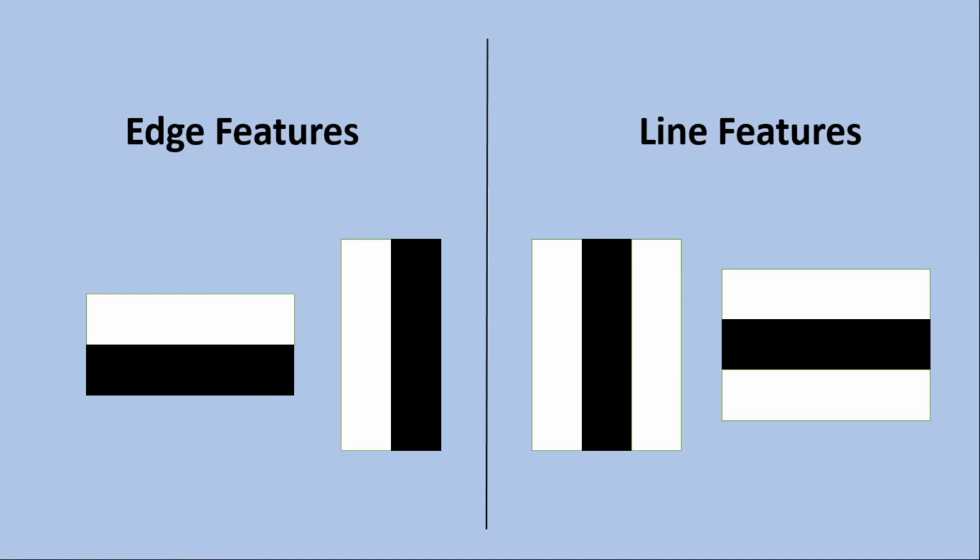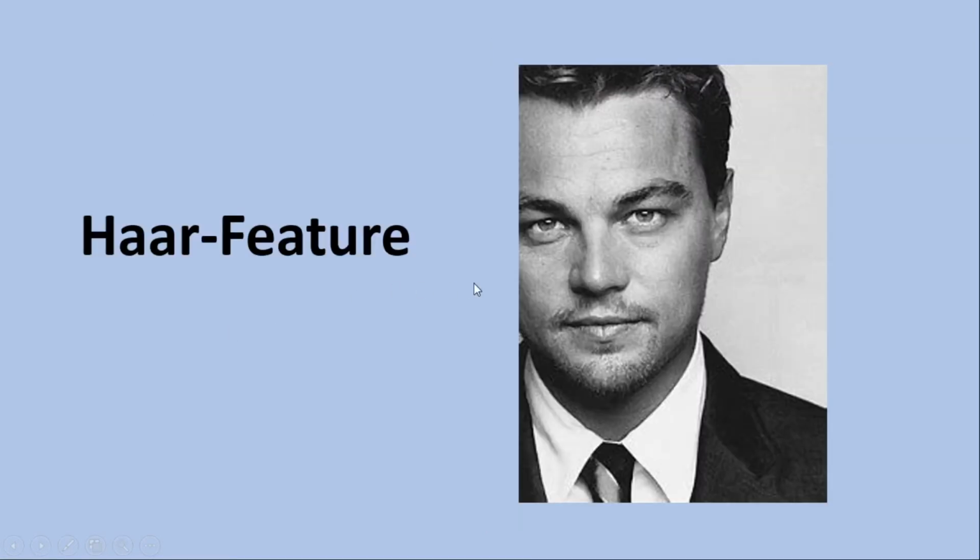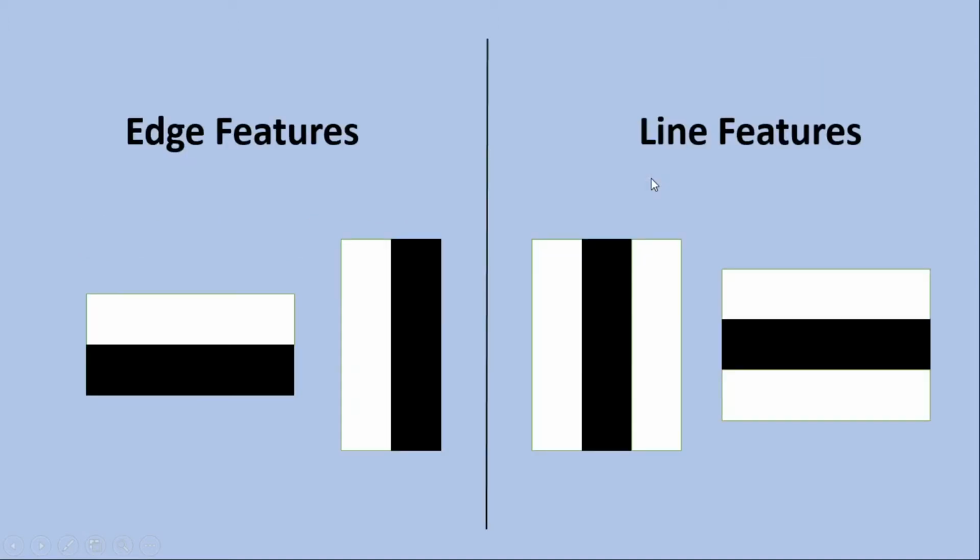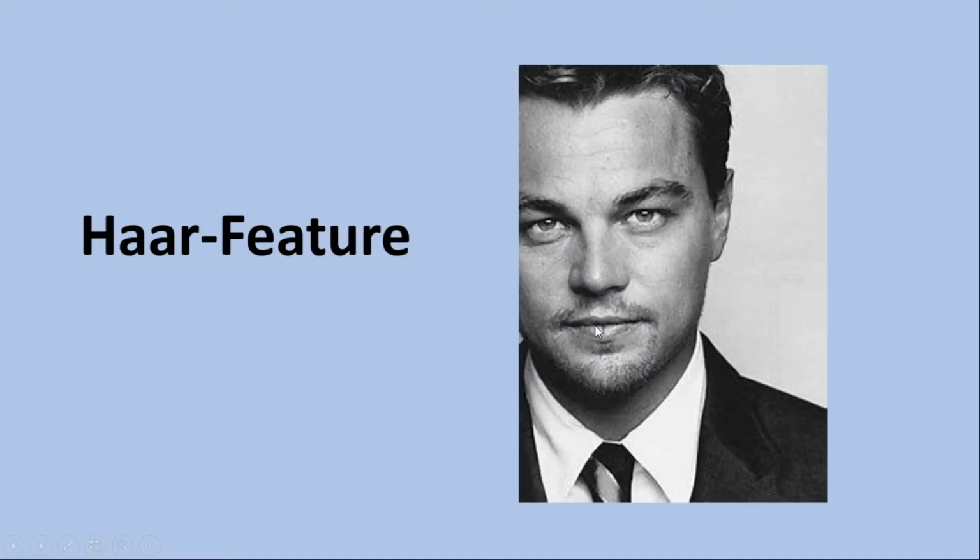Okay. Now, how will these features be detected in an image? If you look at the edge feature, it has one black and one white value. So if I go to this image, as you can see, an edge feature could be this eyebrow and this forehead part, because the eyebrow is black and this is white. Similarly, a line feature has white, black and white values. So it could be lips, because the central part is darker, and this is somewhat lighter and this is somewhat lighter. So this is how the Haar features will detect different types of features in an image.